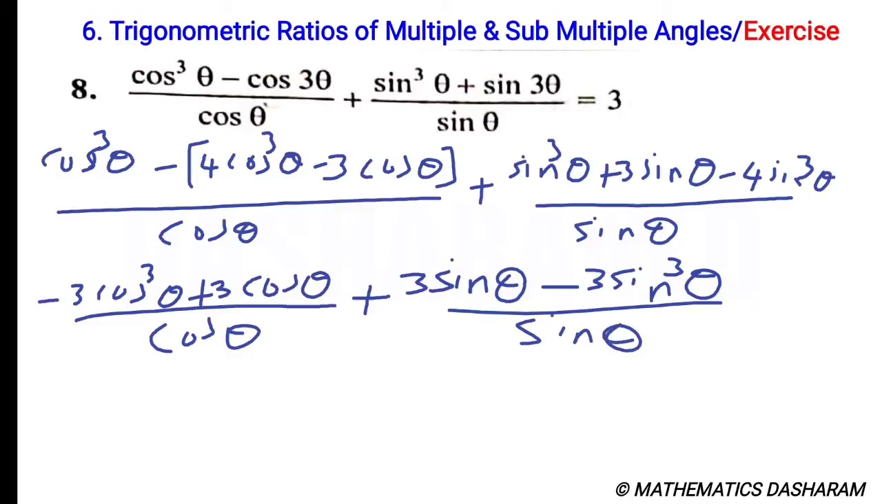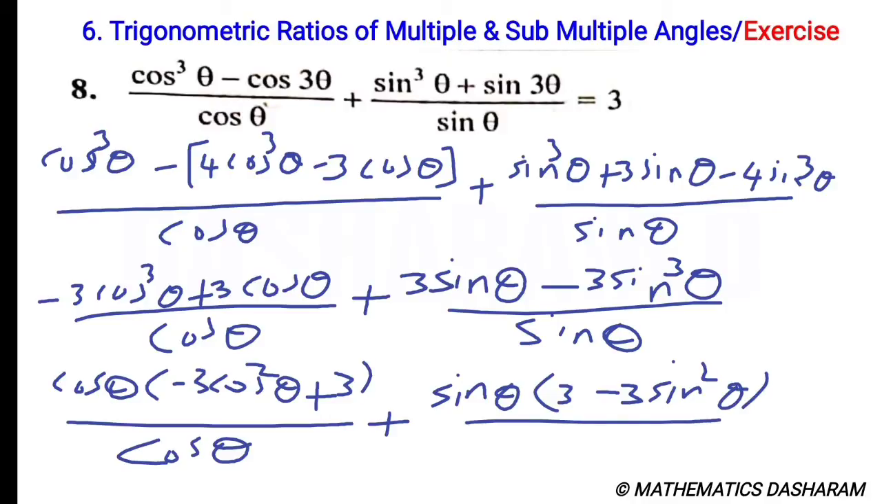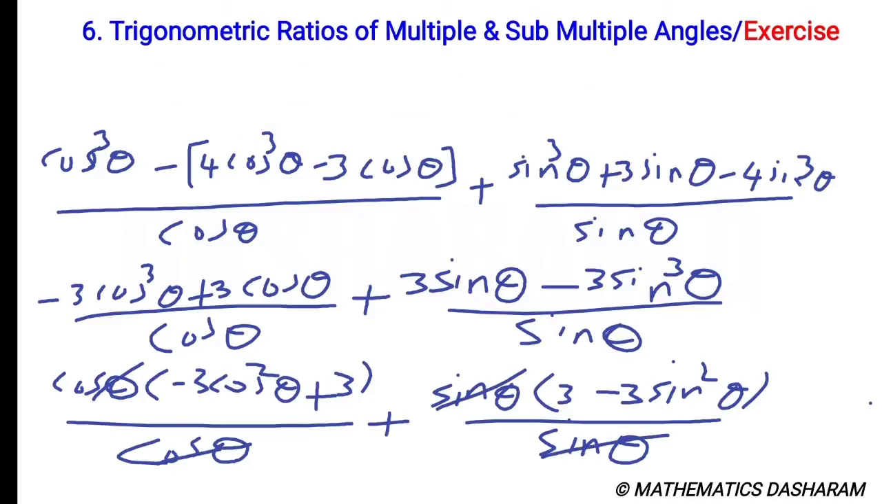Now from the numerator we can take the cos theta common. So take the cos theta common. Next, here also take the sin theta common. So 3 minus 3 sin square theta divided by sin theta. So now cos theta, sin theta cancel. Now it is equal to minus 3 cos square theta